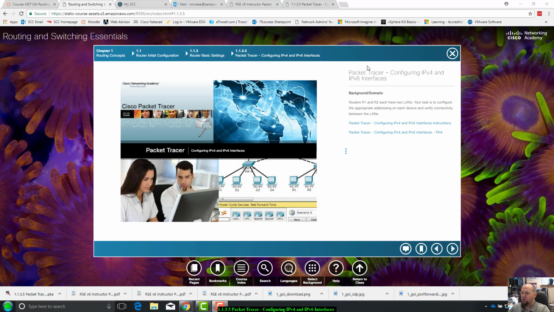Go ahead and walk you guys through the first Packet Tracer that's due. It should be Packet Tracer: Configuring IP version 4 and IP version 6 interfaces. Kind of like a recap from the Net 125 class. Some of you guys are new to Packet Tracer though, so I want to show you a walkthrough. I'm on the NetAcad page, Routing and Switching Essentials, page